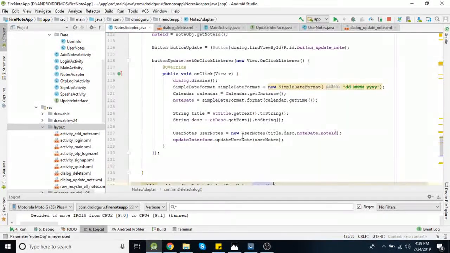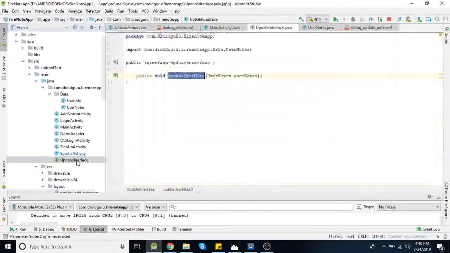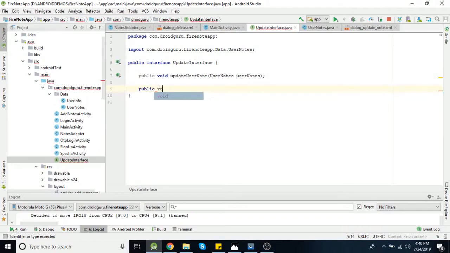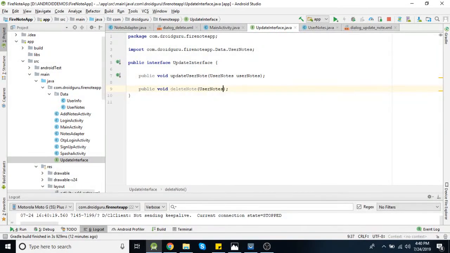Now as we did in the edit or update node function, we'll do the same here, that is, we'll use this interface for deleting our nodes. So better we'll add one method in this interface only, that is public void delete node. And here also we'll add an input parameter of this object user nodes.